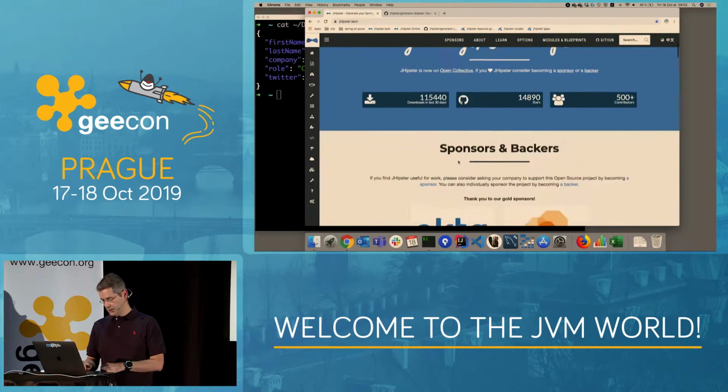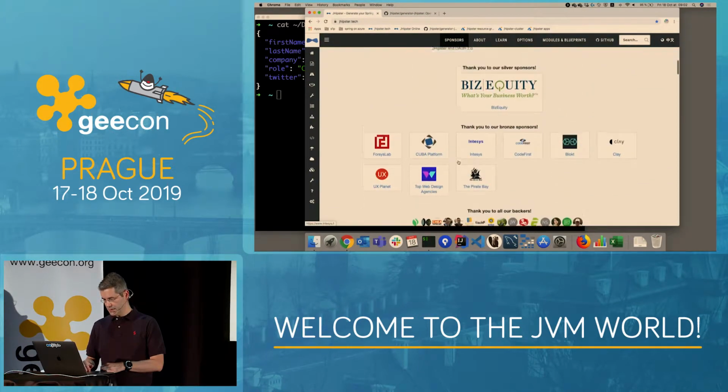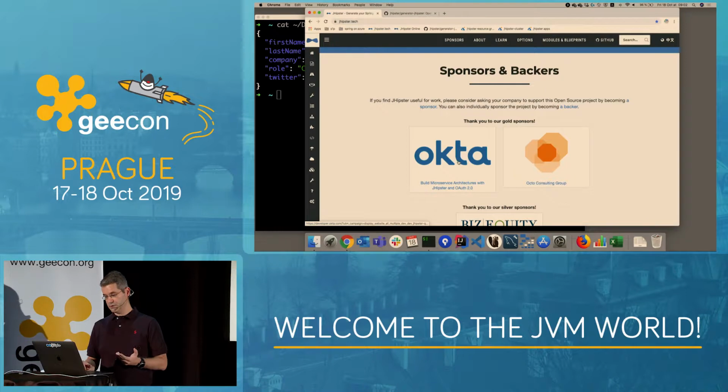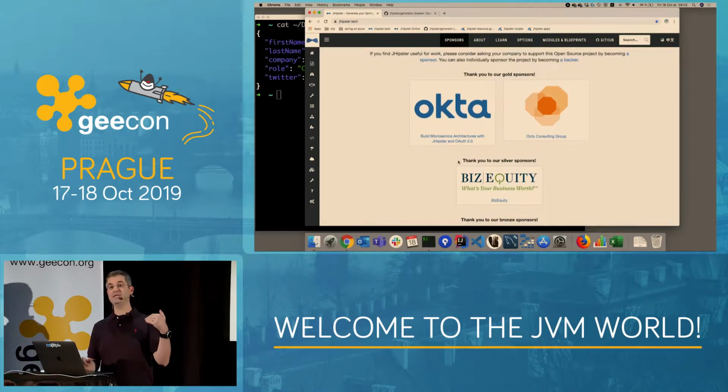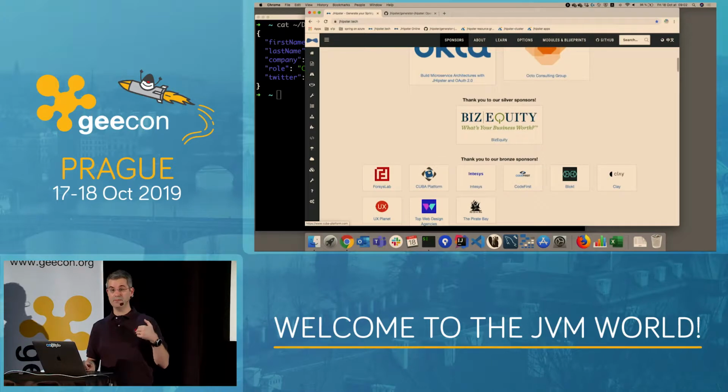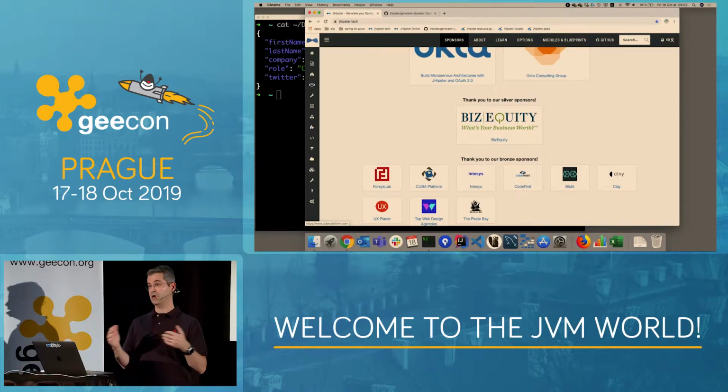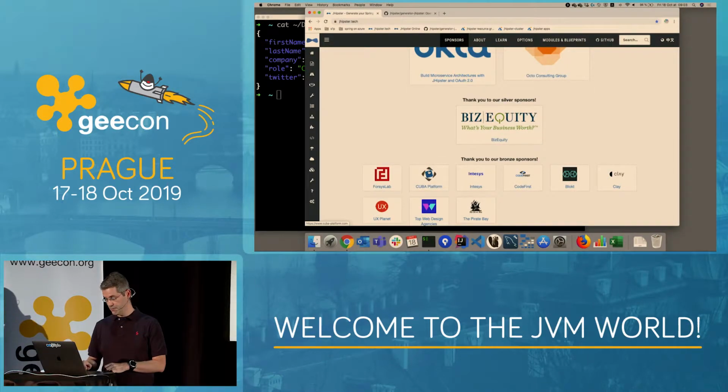By the way, GeeCipster is mostly used by companies. So we've got tons of sponsors and backers. Those are companies giving us money for the project. Our current budget is about 40,000 euros per year. We use that money mostly to pay for contributors. When there are bugs, when there are tickets, we pay money for that.